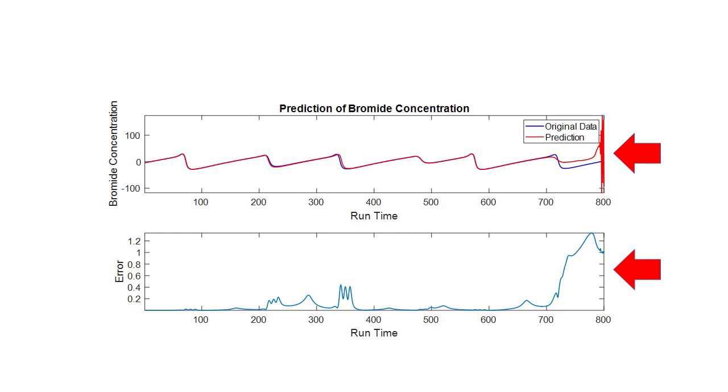We can always push this back, but what happens when you do that is that you start to increase the error earlier on in your prediction. So you have to choose whether you want a very short, accurate prediction, or if you're willing to look a little bit further, but also introduce a little bit more error into your prediction. So that's one aspect of the research.